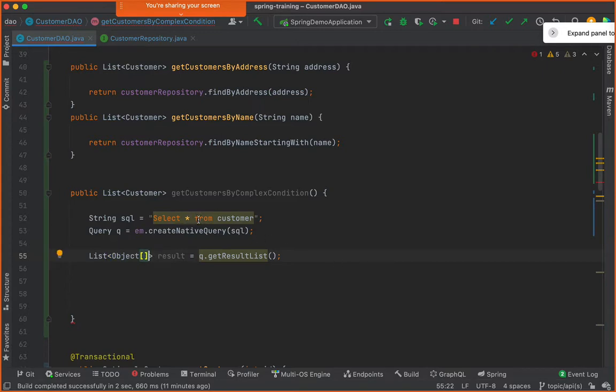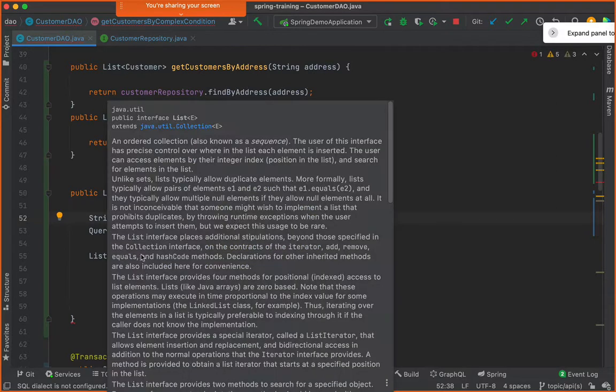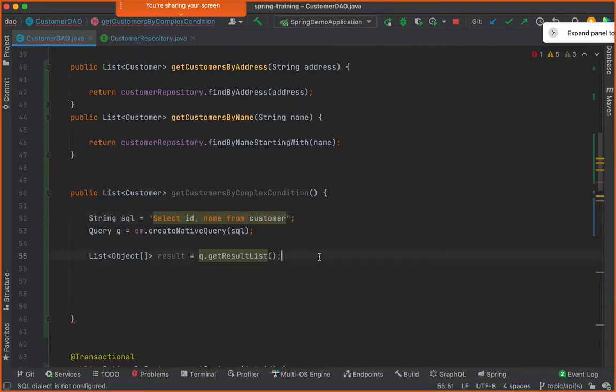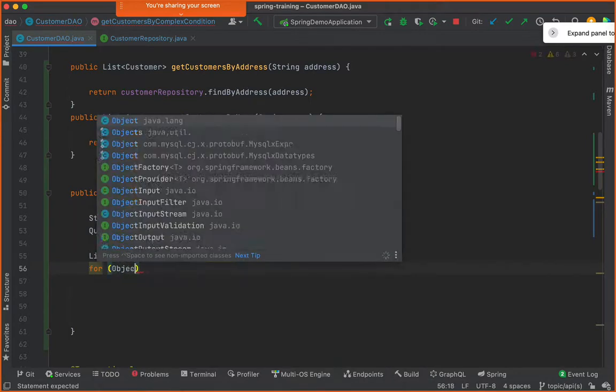Each and every element, like for example, if you've got ID, name and address out here, or say, let me be very specific, say ID comma name, suppose just 2 fields I want, ID comma name, then I will have 2 elements here. One would be the ID and the other would be name. So say for example, for, it's an array, right? So I'll say for Object array,